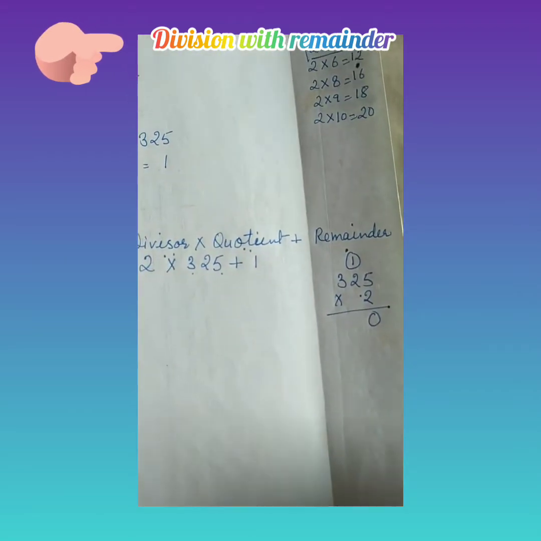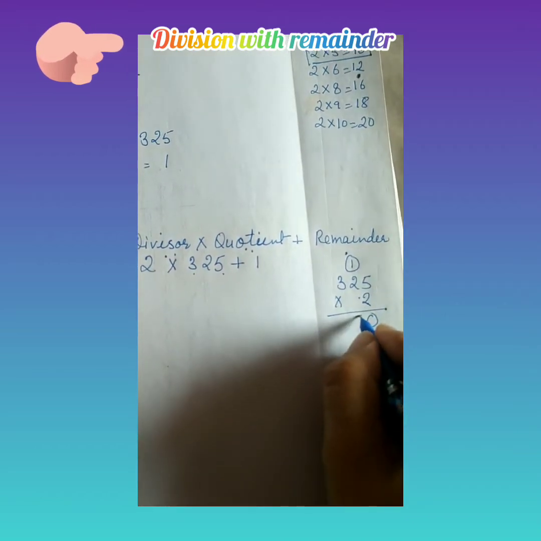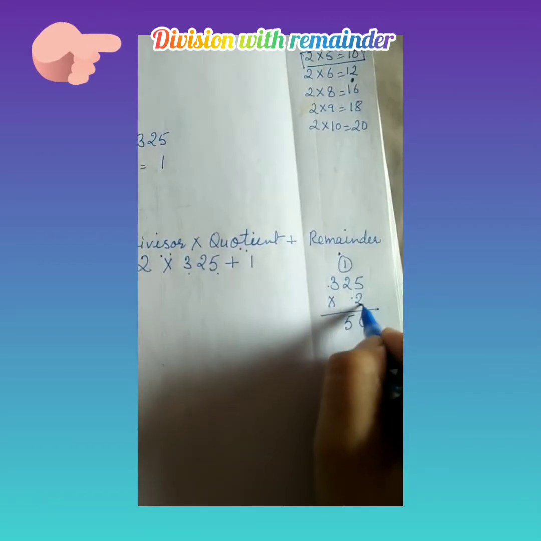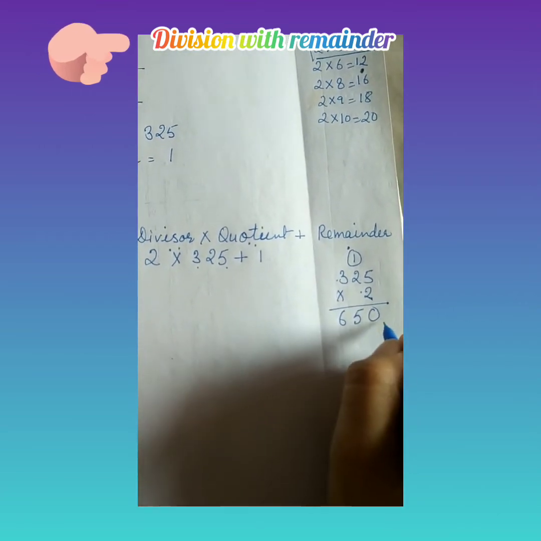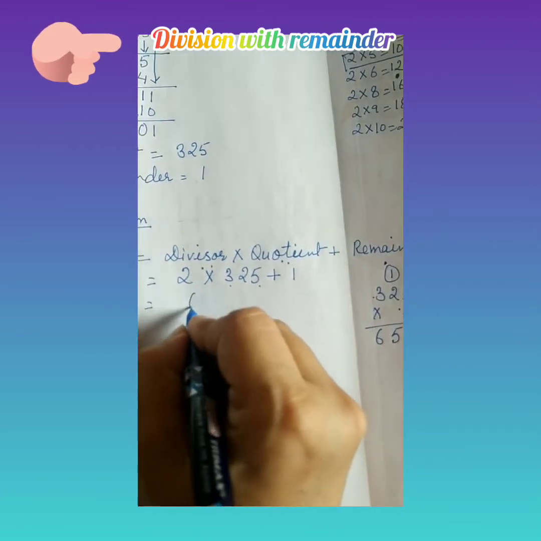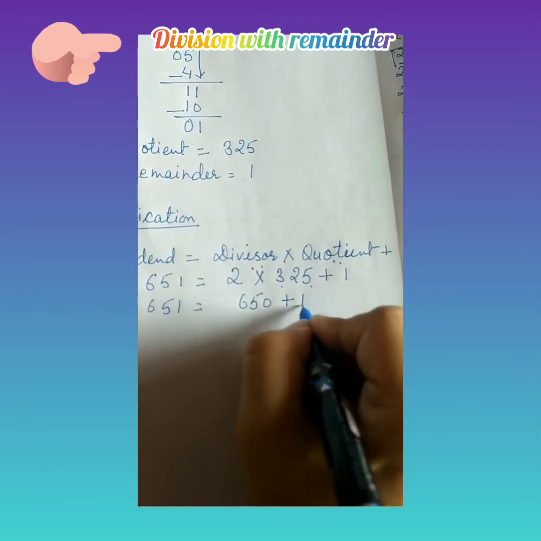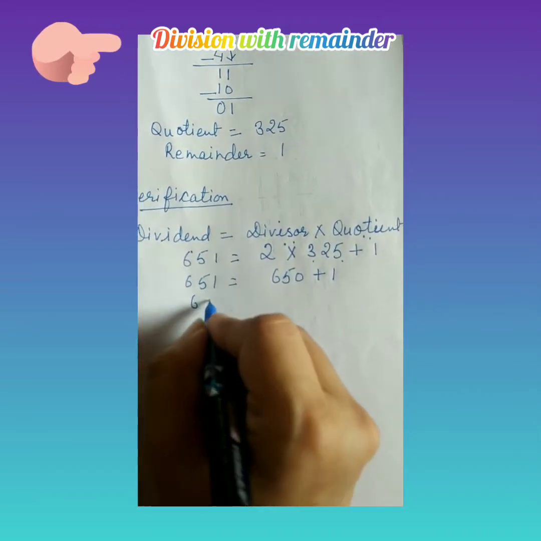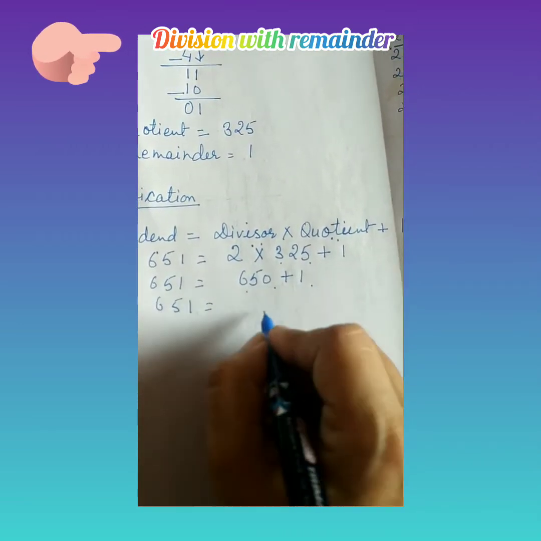1 carry over. 2 times 2 is equal to 4 plus 1 is equal to 5, and 3 times 2 is equal to 6. So the product we got is 650. Now we have to add 1, that is the remainder in this. Now see, if we add 650 and 1, we get